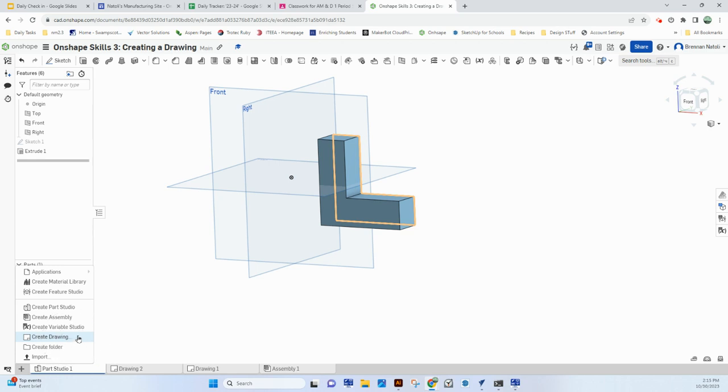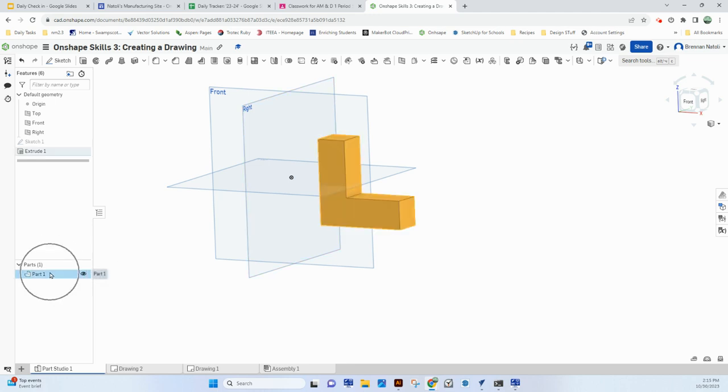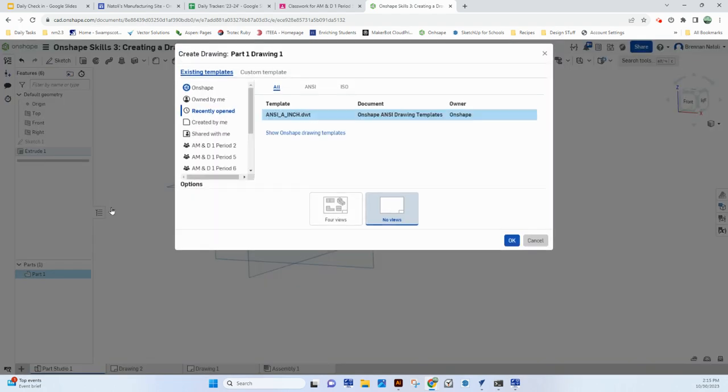But for this piece, we're going to click out of here and go over to one of your parts, whatever shape you want. I only have one here. And you're going to right click that and click create drawing of part one. So when you click that, you're going to get a box that comes up like this. And typically what we do is we click custom template,